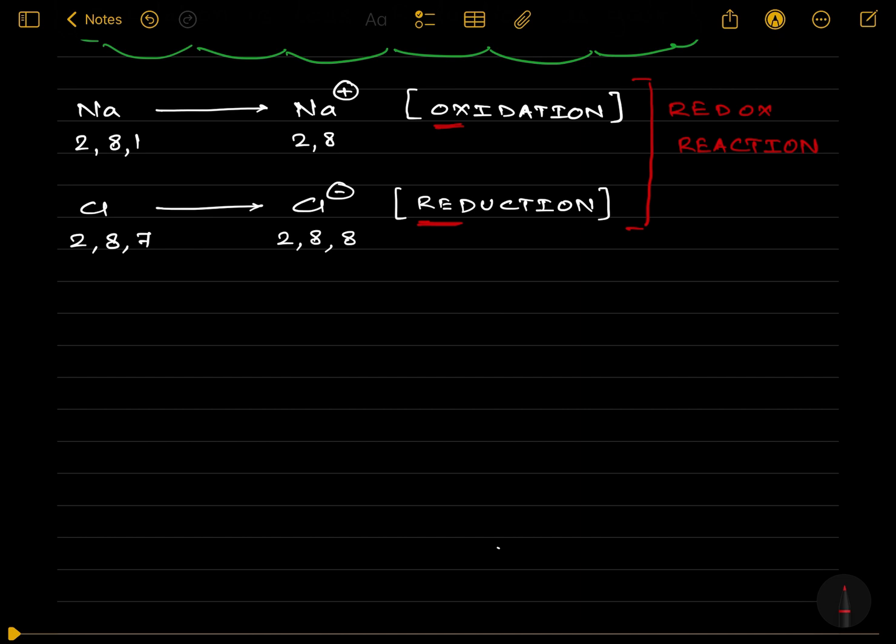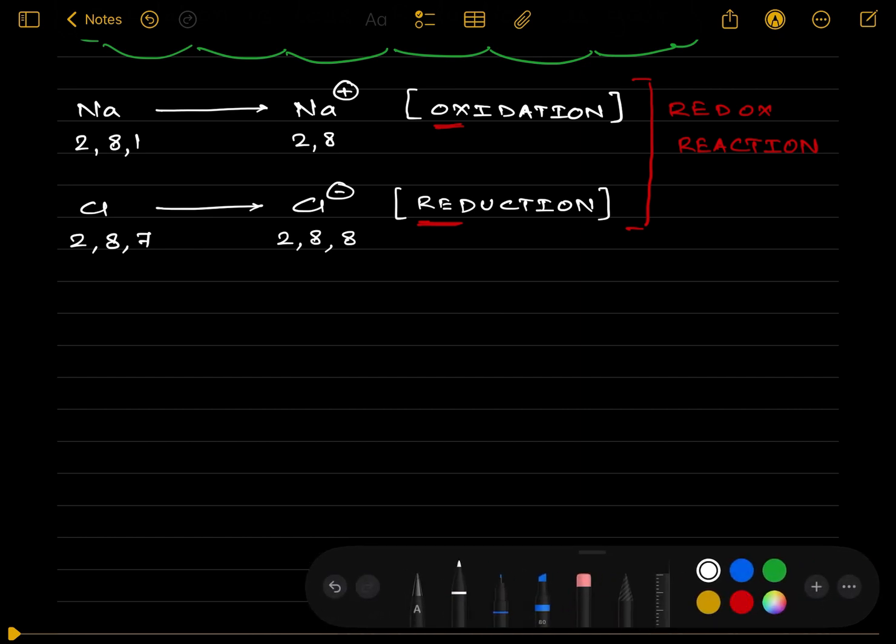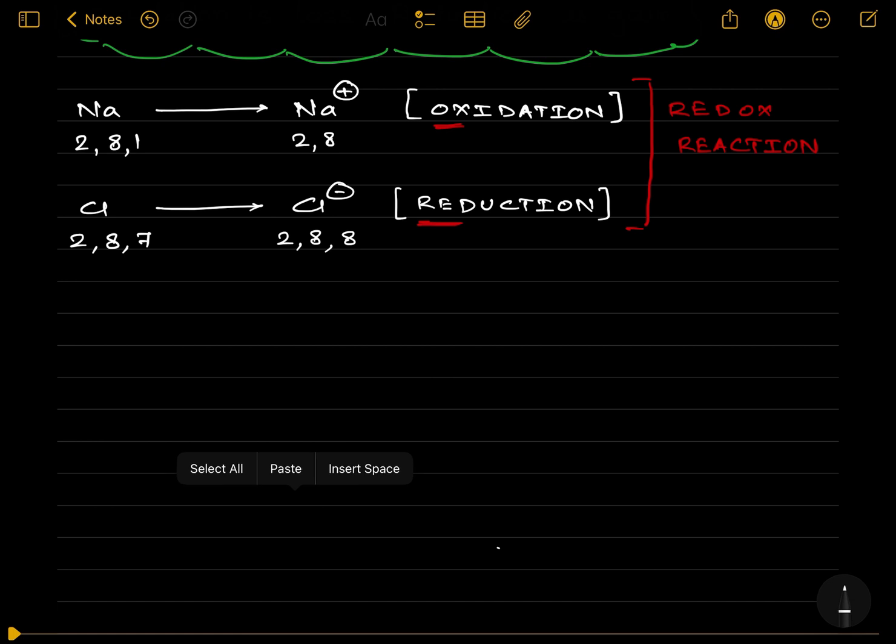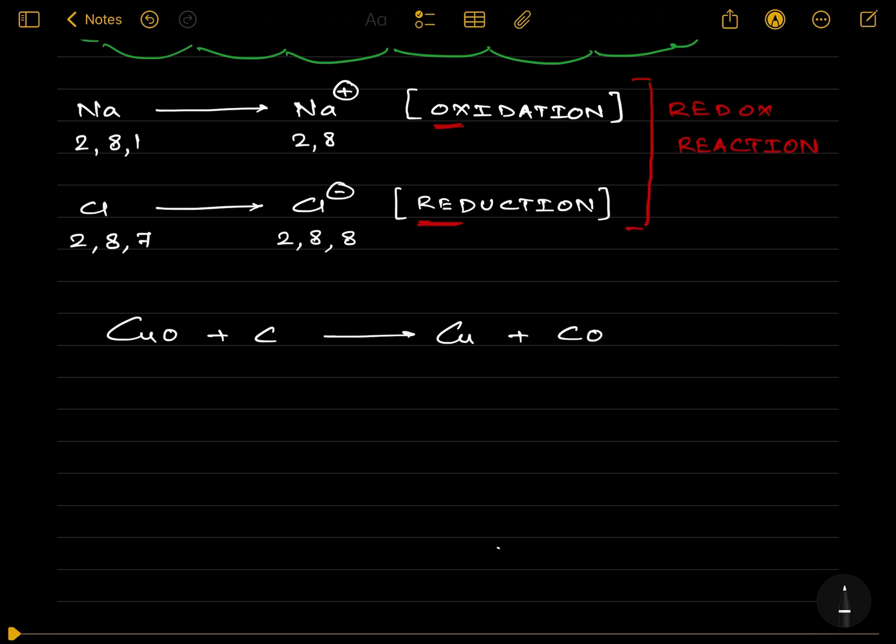Let's suppose I give you a very simple example: CuO plus carbon gives Cu plus CO. You could pause this video for some time and try to understand who is gaining electrons and who is losing electrons. Now, if I check here, copper was earlier with oxygen and now it is without oxygen. So CuO is getting converted to copper,